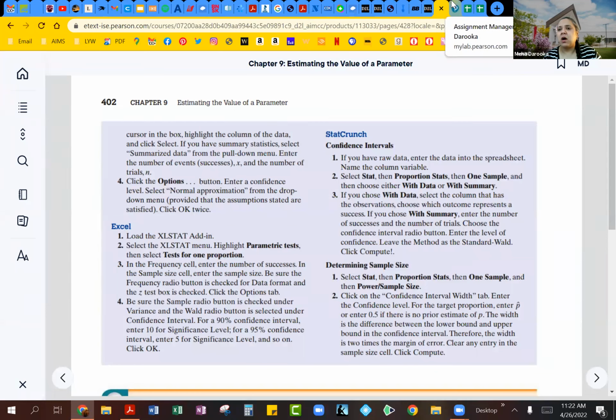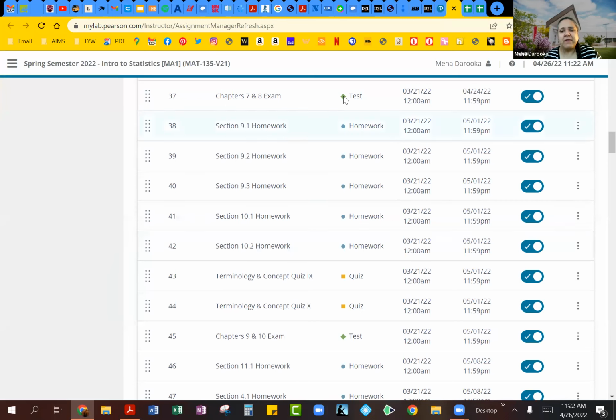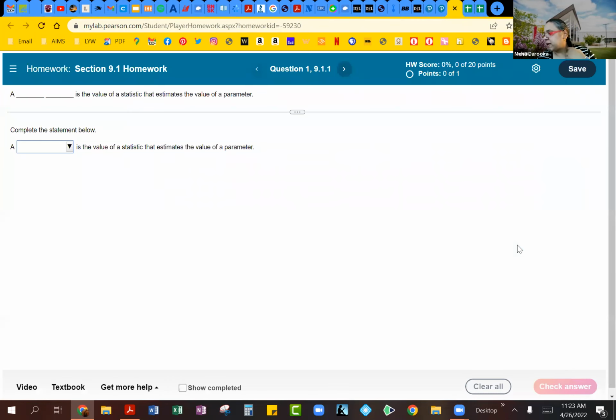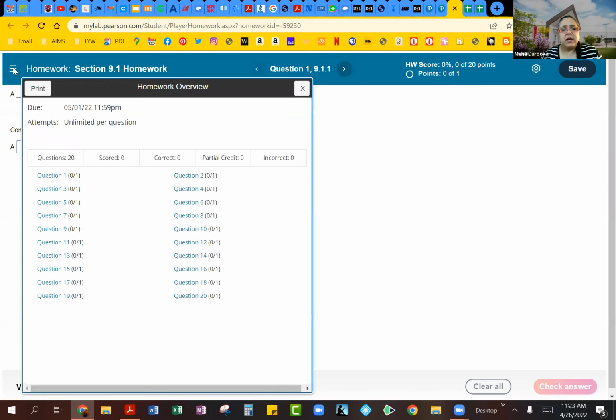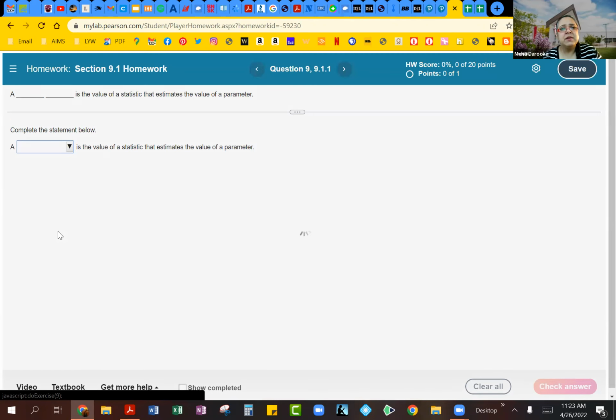We are going to be working on Google Sheets. So kind of part of the Excel, but since we don't have the Excel stat add-in, or at least I don't have that at my end, I'm going to try and show it to you in Google Sheets of how I do this. So I've actually selected some examples that we can work on from these sections. So let's see, this is section 9.1, and I thought we could work on, and I've actually selected examples that have a lot of multiple parts to them. So, some of the big, long problems.